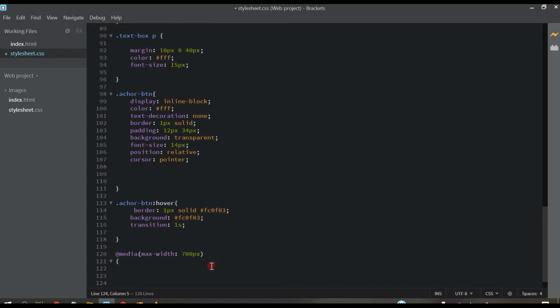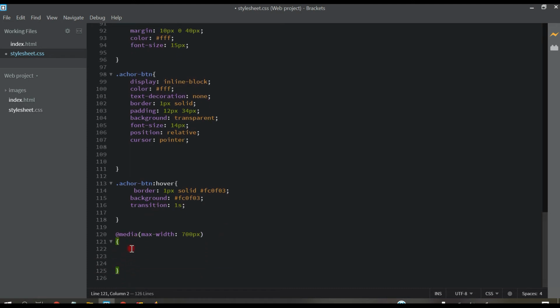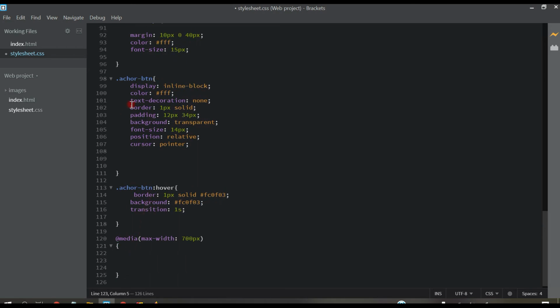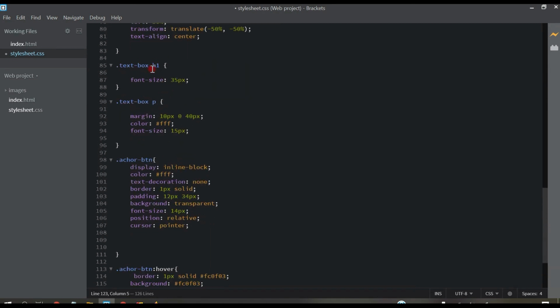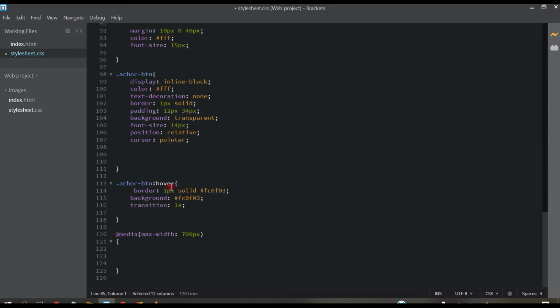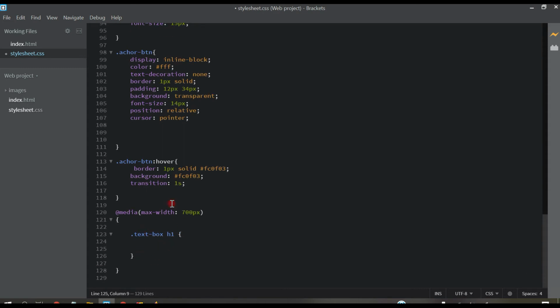So here, put this h1 text, copy it, paste it here and then open bracket. Now we will decrease the size of this h1 when the device's width is maximum 700 pixels, or 400 or 300, whatever.